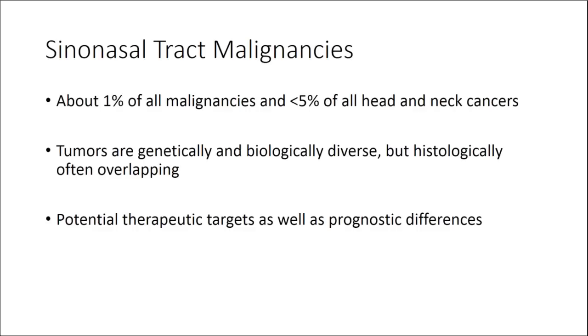So in terms of sinonasal tract malignancies, and that's what I'll be concentrating on today, they're not common at all. So they're about 1% of all malignancies and less than 5% of all head and neck cancers. But they are a very interesting group because of their genetic and biological diversity. But there's a lot of histological overlap when we're looking at these tumors, and the differentials become quite broad. And so while they're not common, more and more every day we're beginning to see different lesions and newer lesions, and hopefully today I'll show you some of those